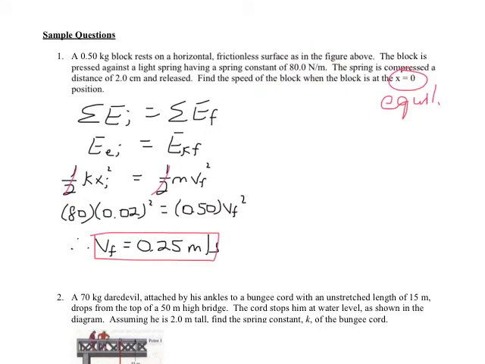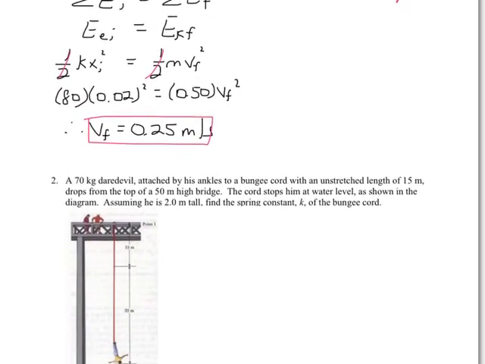Well, keep this in mind. A larger spring constant means that the spring is a bit stiffer or stronger, I should say. And if it's stiffer or stronger, that means that the object should leave with a higher speed. Well, if you did use a higher value instead of 80, you do actually end up with a faster speed coming off that spring. So just a little thing I want you guys to keep in mind, especially for multiple choice questions later on. Let's do another